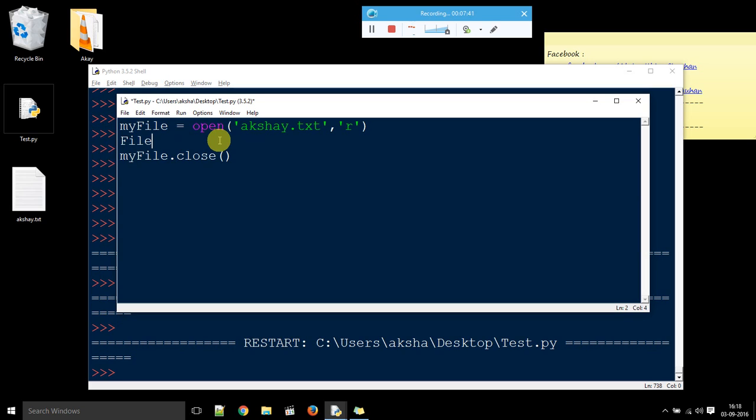So see, there are two methods of reading a file. The first method is reading the whole file at once, and the other method is reading the file line by line. First I will show you reading the whole file at once. Let's say the variable is file content. So file content is equal to my file dot read,